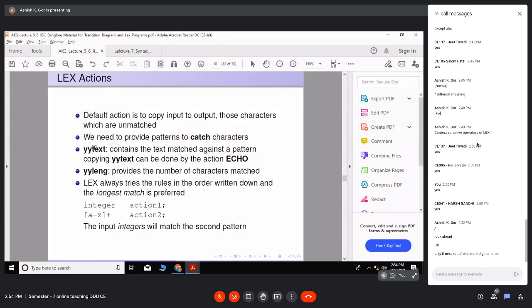I already mentioned yytext. yytext is a character pointer to the matching string. It contains the text matched against a pattern, and copying yytext can be done by echo.